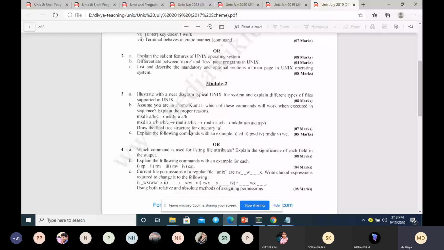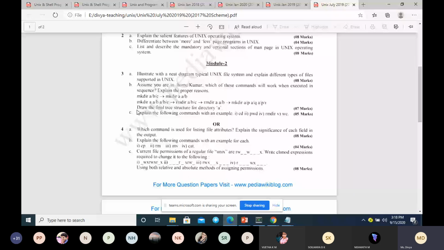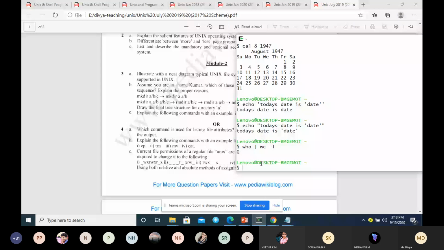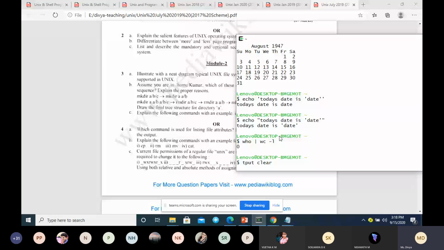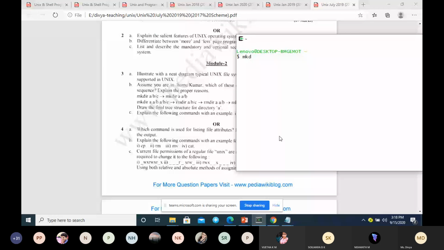I'll execute this. So this is one interesting. Whether the first command will work: mkdir a/b/c. Whether this will work. mkdir. Whether this command will work.